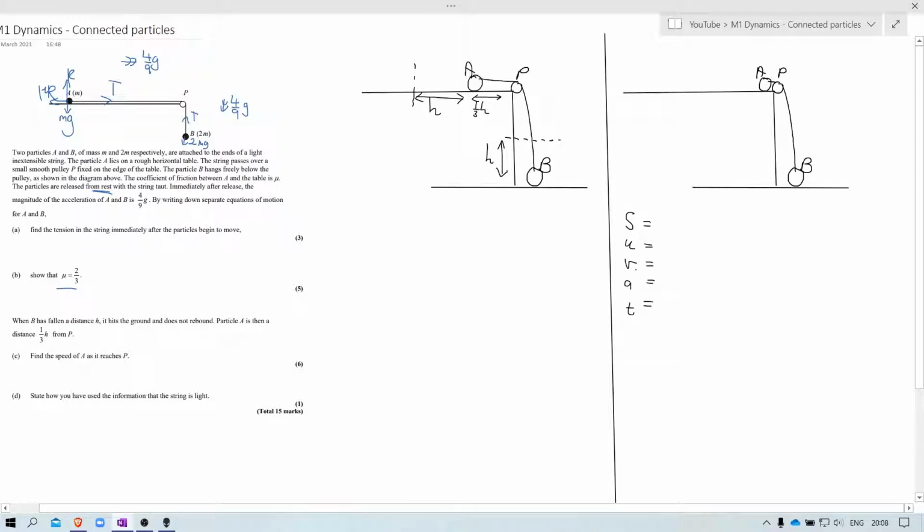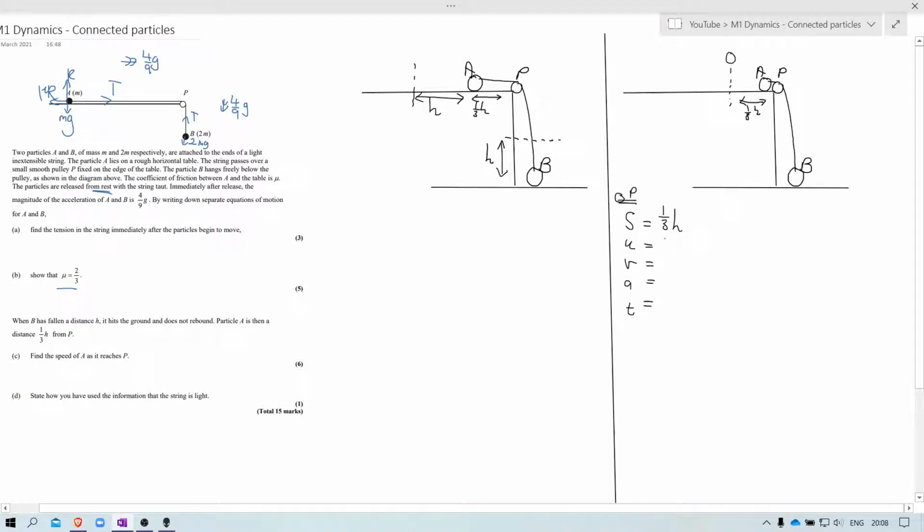So when you do Suvat, you're doing Suvat from one point to another point. So we're doing it from the point where A is a third of h away from P, and so I'm going to say here, if I call this point O, we're going to go from O to P. So from O to P, A has travelled a third of h